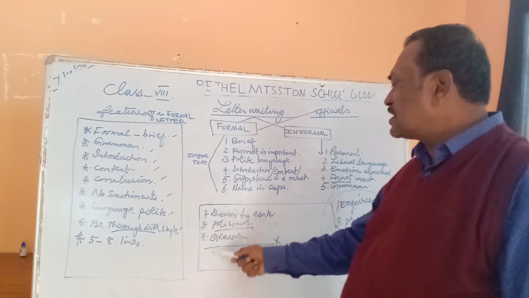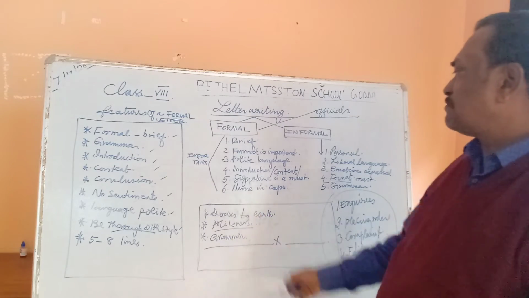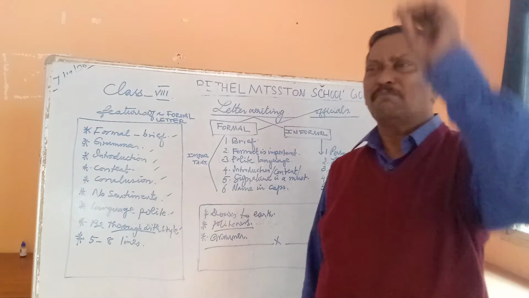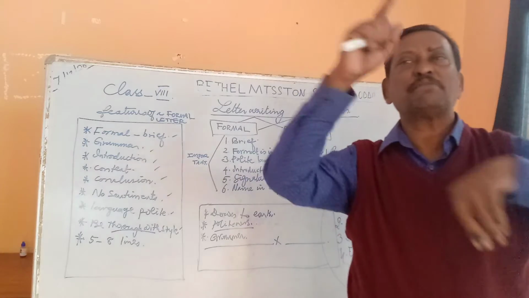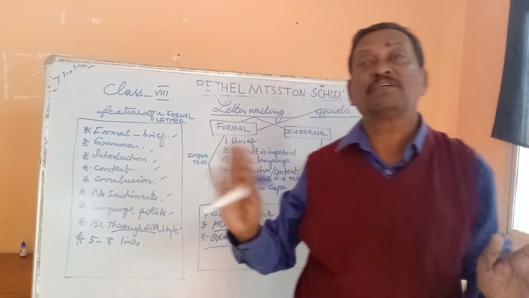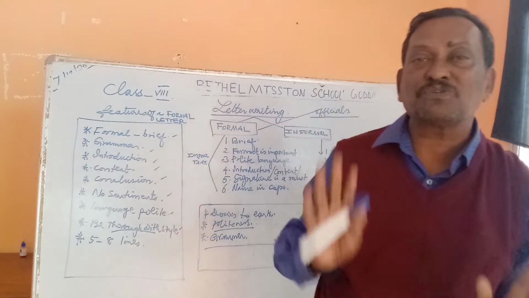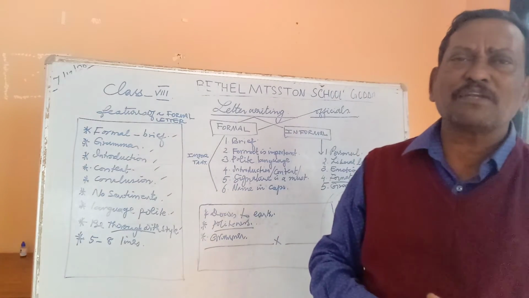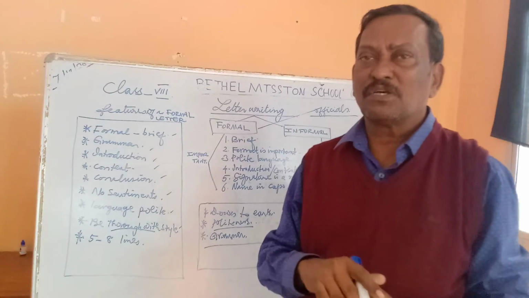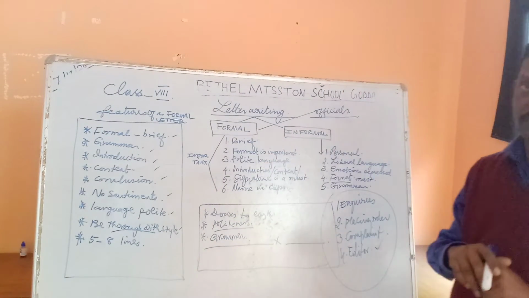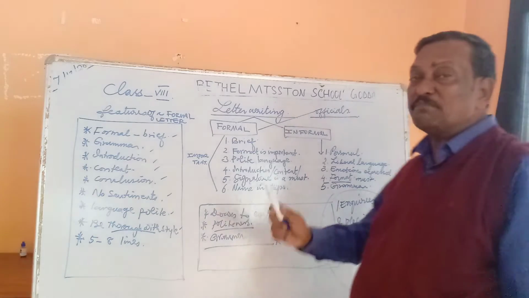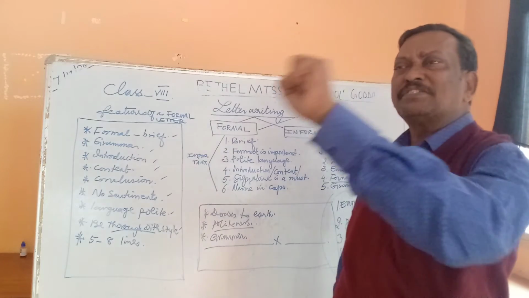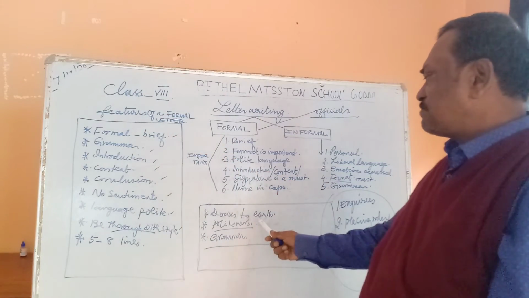And here you see I have given you 3 points. Politeness, this is already discussed, but down to earth. What do you mean by down to earth? Be specific. Don't beat about the bush. Don't write stories. A letter is not for stories. No explanation is required. No examples are required. So remember, you have to be down to earth. State the point directly. Come to the point directly. That is very important.